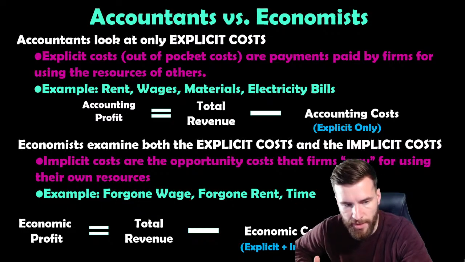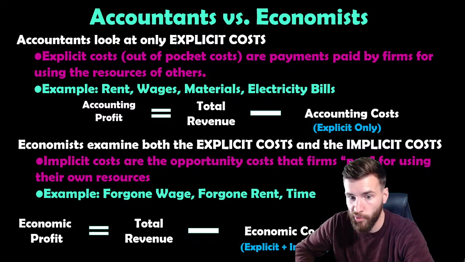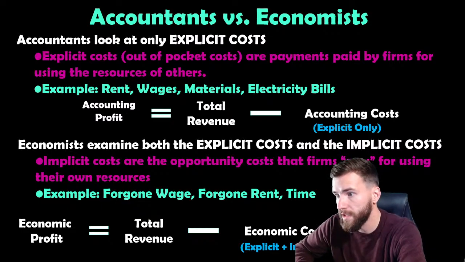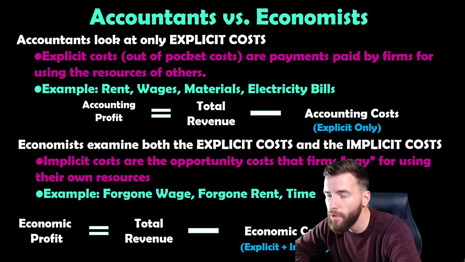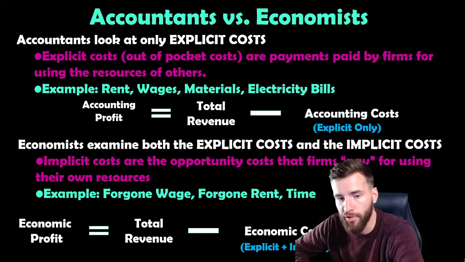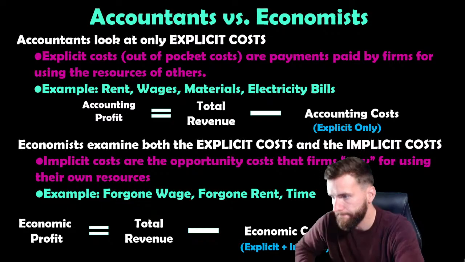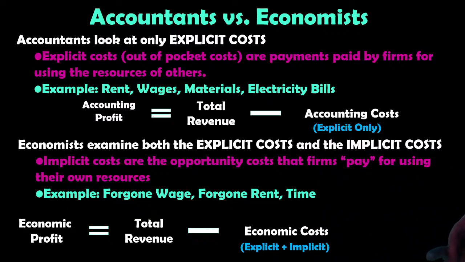So economic profit is equal to total revenue minus economic cost, which is explicit plus implicit cost. And economists are still going to be aware of the explicit cost of production, but also, what could you otherwise be doing right now instead? Your opportunity costs. So we got to add explicit plus implicit. I got to move out of the way so you guys can see the notes. Explicit plus implicit. You guys got it?